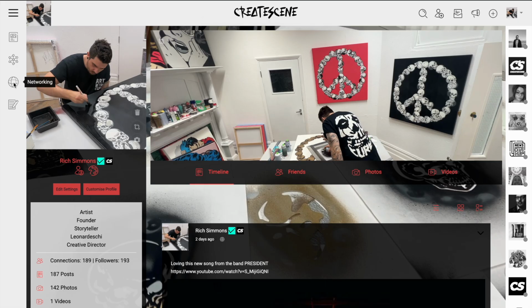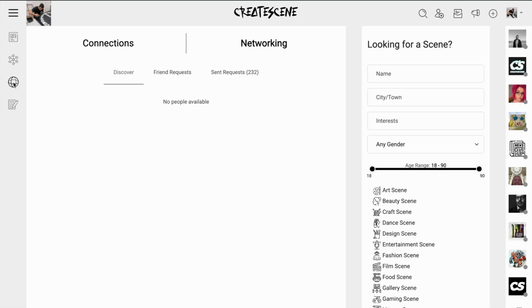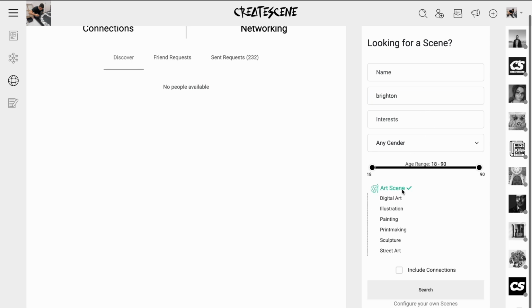We have also added brand new networking tools that make it so much easier to find the kind of people that you want to make friends with or connect with or collaborate with. Just go into the networking tools on the left hand side and you'll be able to see all of the different search features. So if I wanted to find people in Brighton, for example, who are in the art scene,